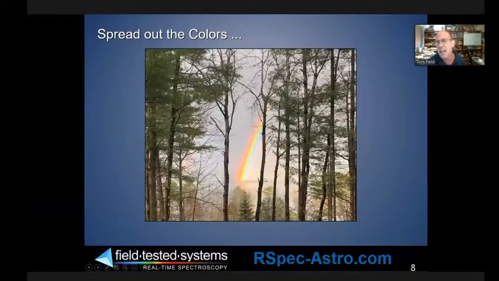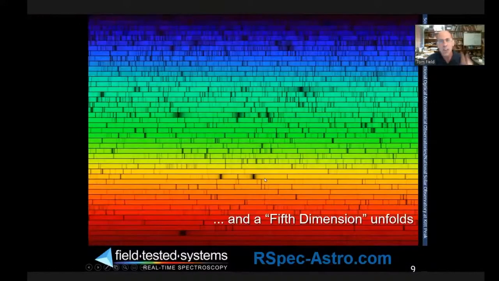And if you spread the colors out, you get an as-if fifth dimension. Just aesthetically, this is gorgeous. And in addition to that, it contains an enormous amount of information. You may not be an imager, you may be an armchair astronomer or a visual observer. Regardless of what your interest is in astronomy, you're here, so you have some interest. And I'm going to show you things that will serve you in your understanding, even if you never apply it yourself, of all the fantastic things that we've learned over the last several centuries about the astronomical